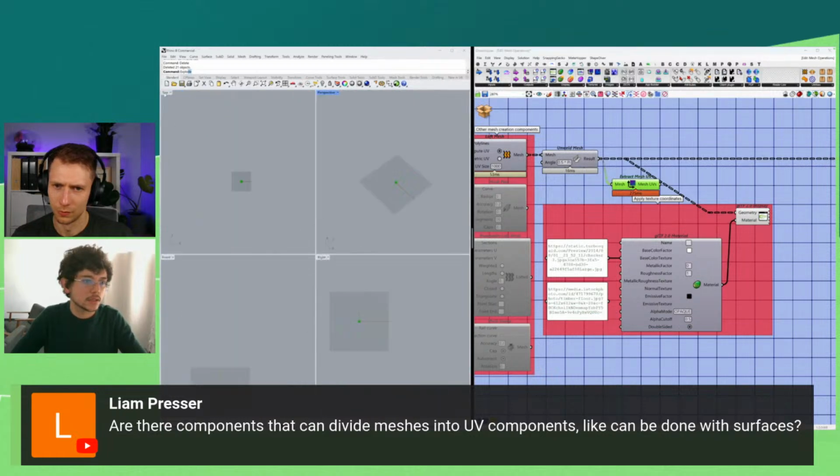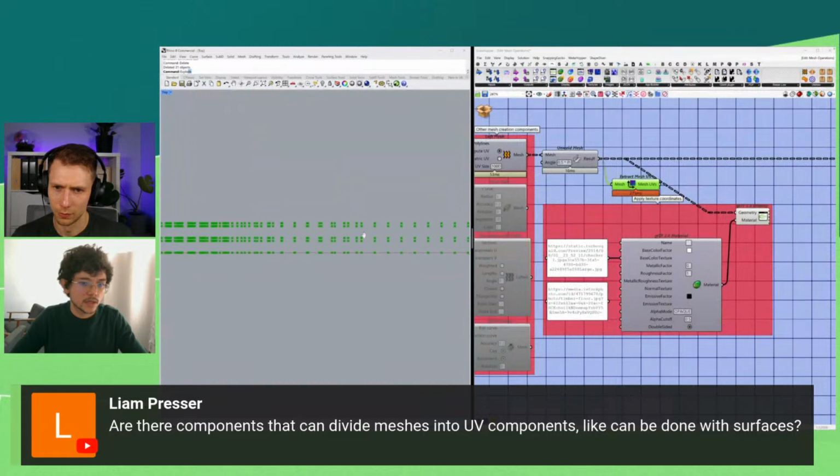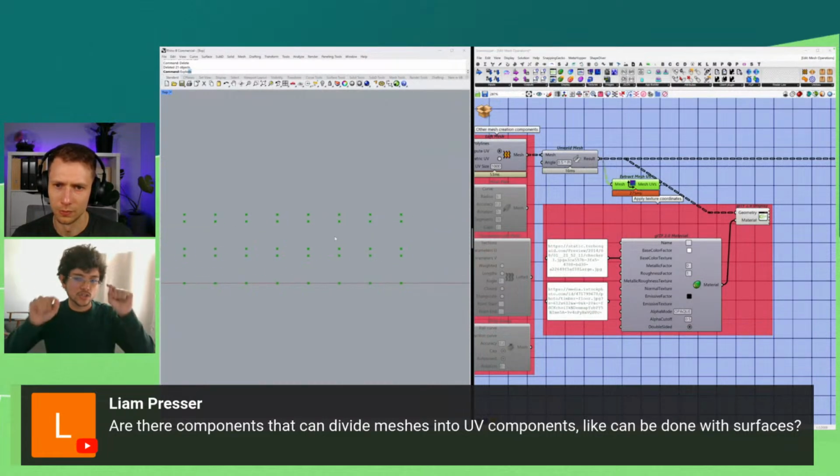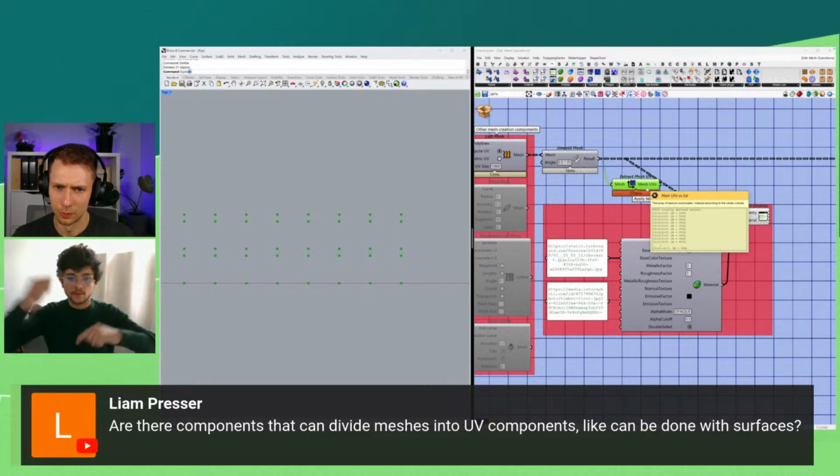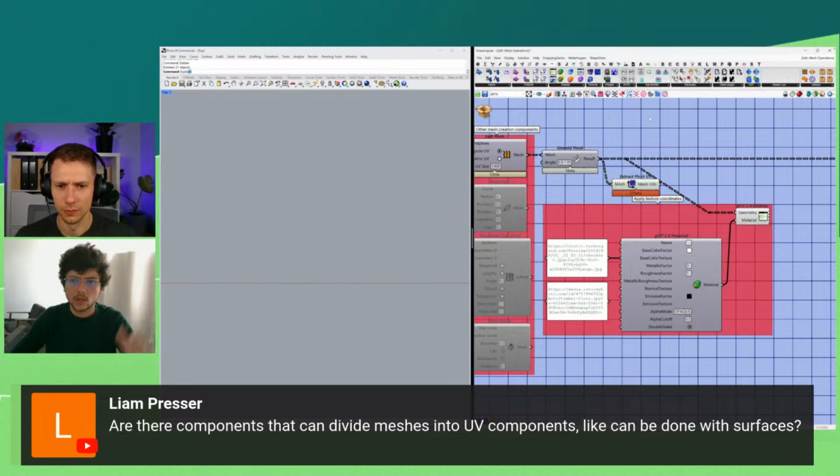So if we check this, all of these are the points of the UVs. It's just the points, so it's just like if you take this and unwrap it. Then you could affect these points if you want, in the 2D space, because UVs are always in 2D space, of course. And then you could use something like the Human plugin.